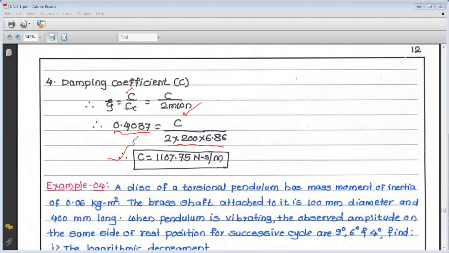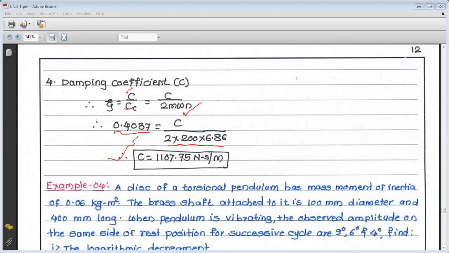Now this is a very important problem which is asked in either the mid semester exam or the end semester exam. We have to find the stiffness and damping coefficient. For that, the number of cycles is given and the initial amplitude is reduced to some 1 by 16th cycle, 1 by 8th cycle, 1 by 12th cycle, any number that can be changed.